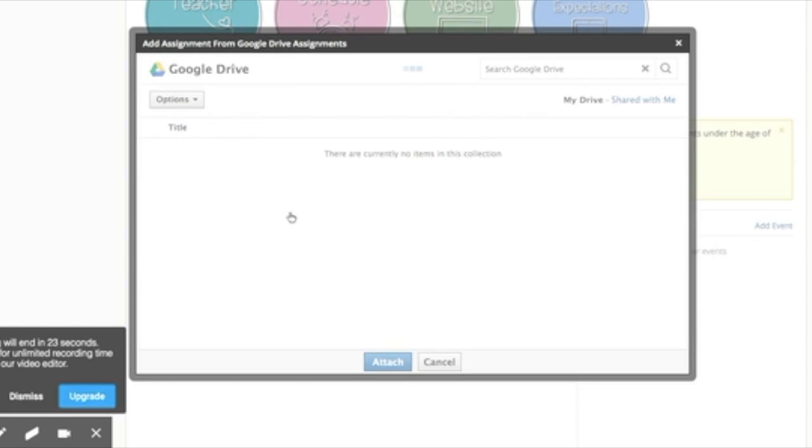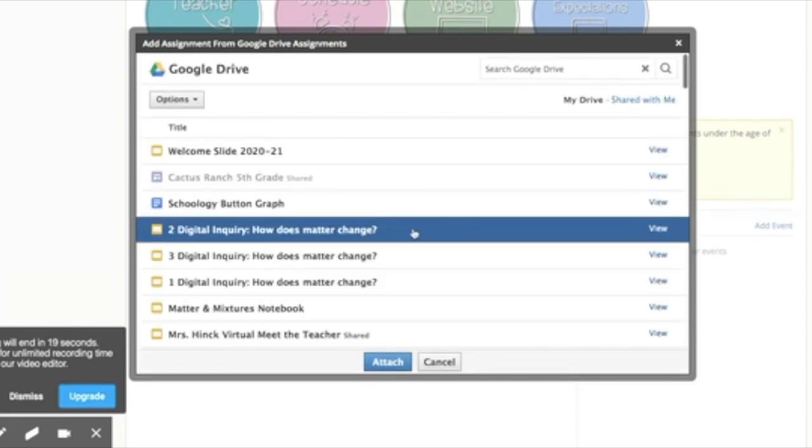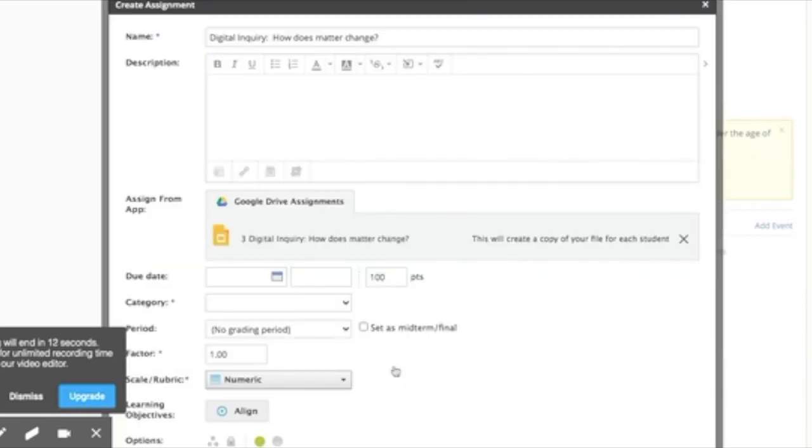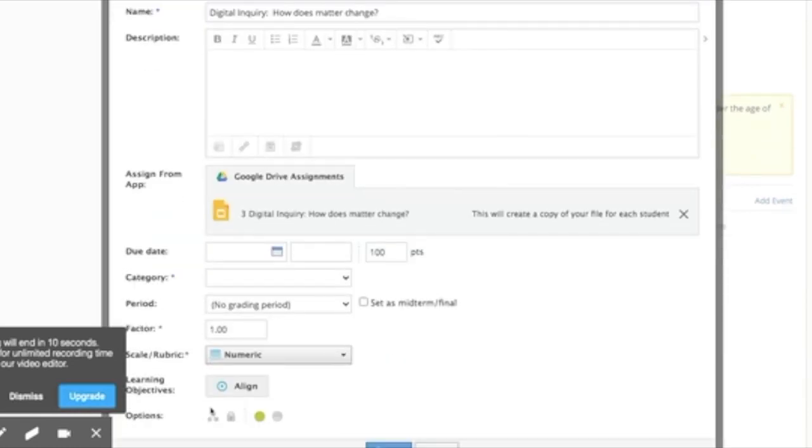And I have three options based on student need. So I titled them 1, 2, and 3, and I can assign certain ones based on what students are needing. So if they need more scaffolding, then I can assign it to certain students. I can do a due date,